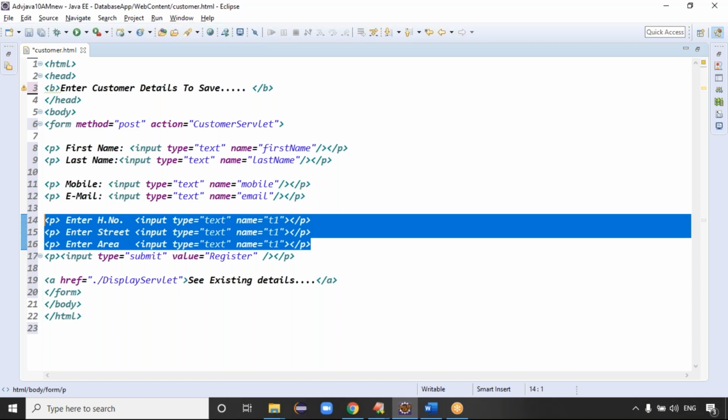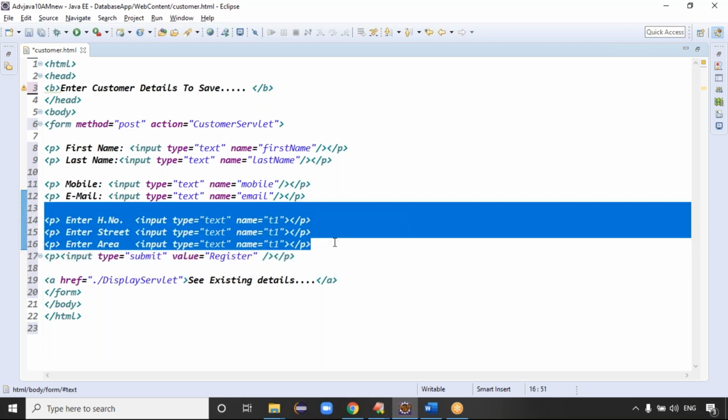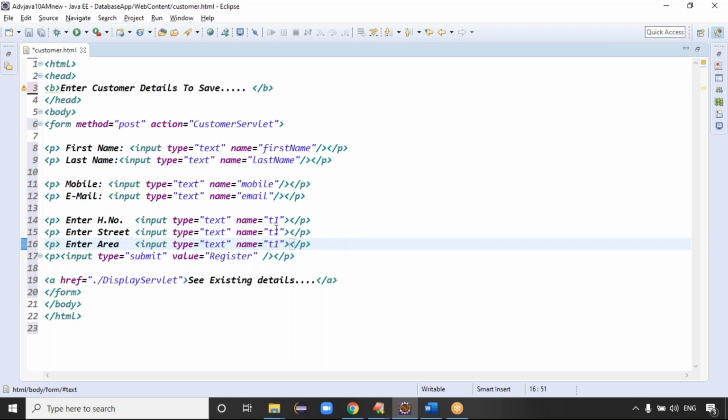Yes or no? Yes, in address. If you take the address column, it is only one column. That column we have to make these three values, right? Exactly. What is my requirement in future? I have to combine these three fields, right? In future, if you want to combine these three fields, guys, that's what.